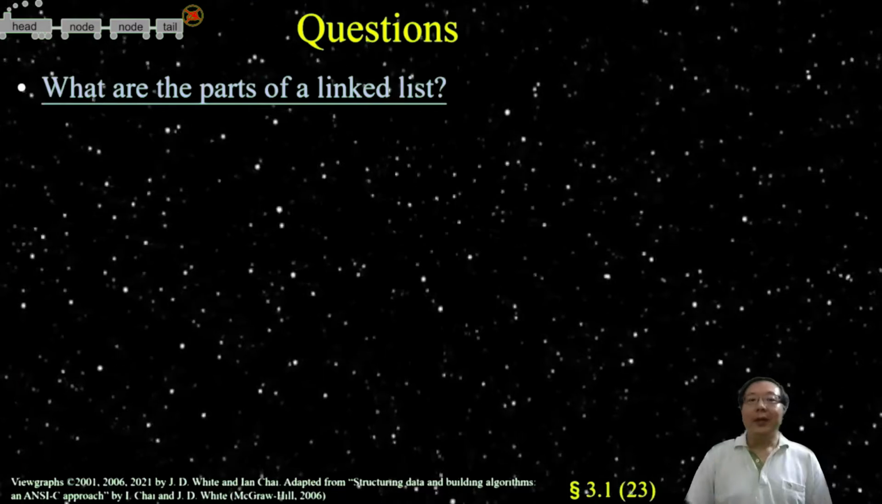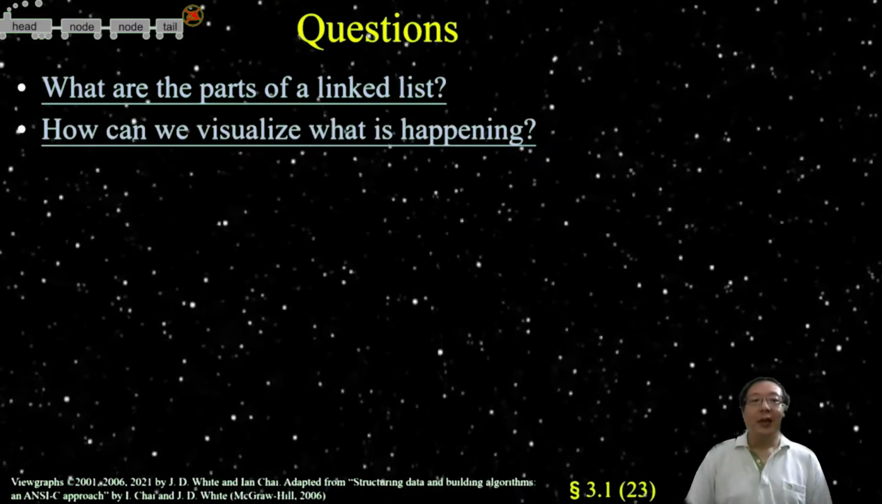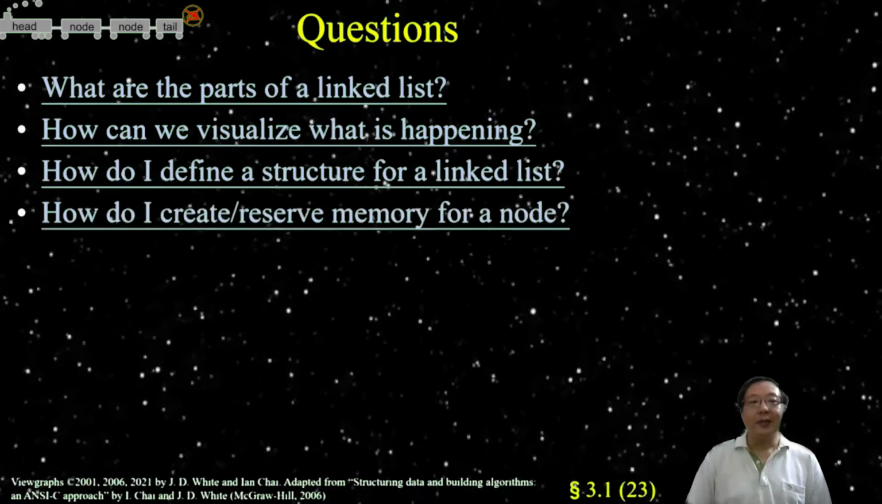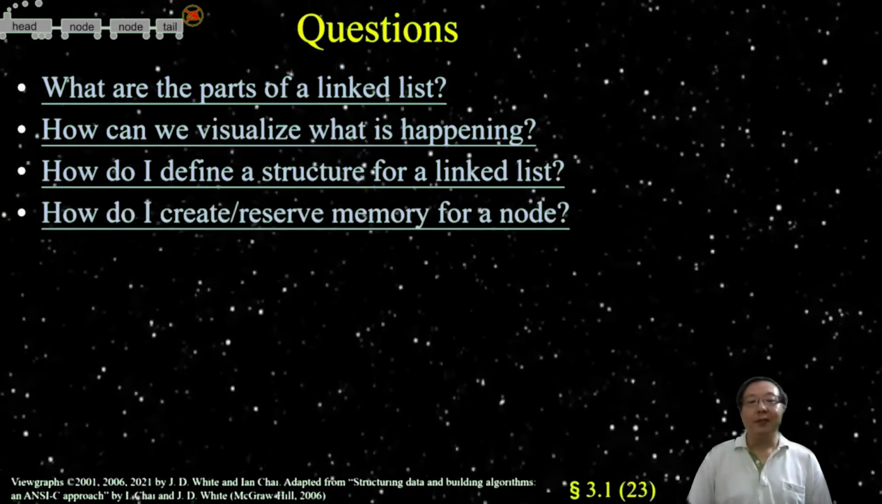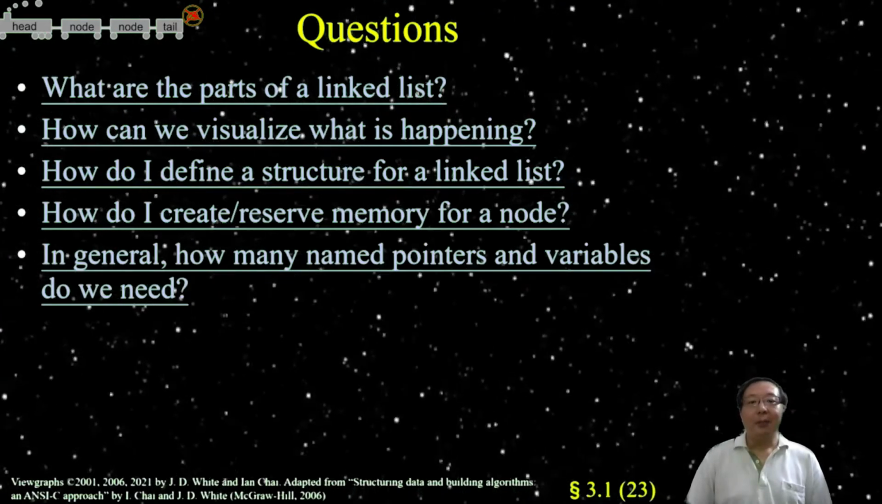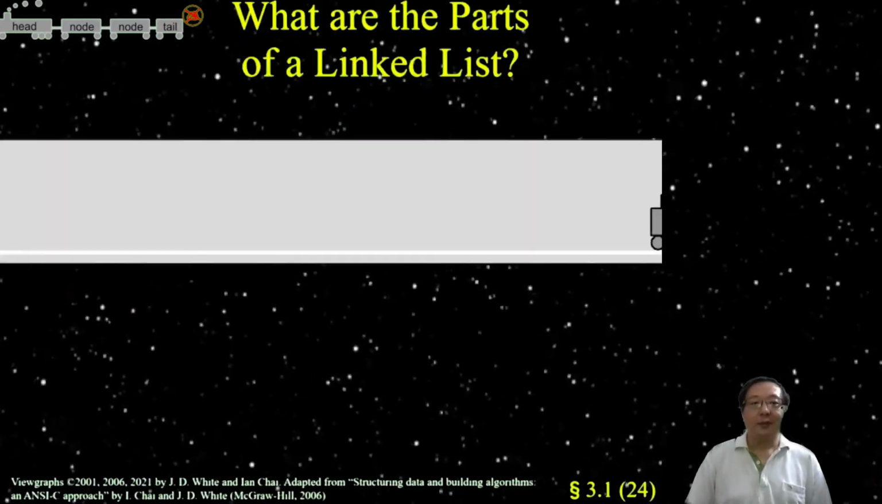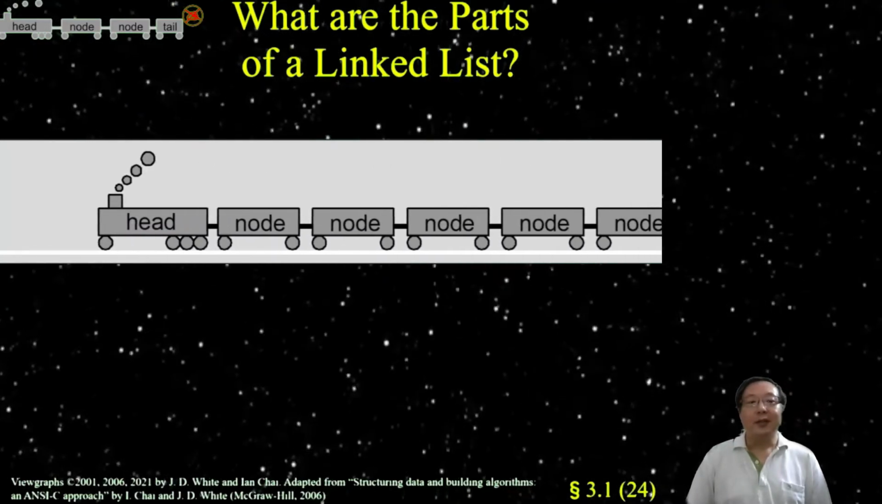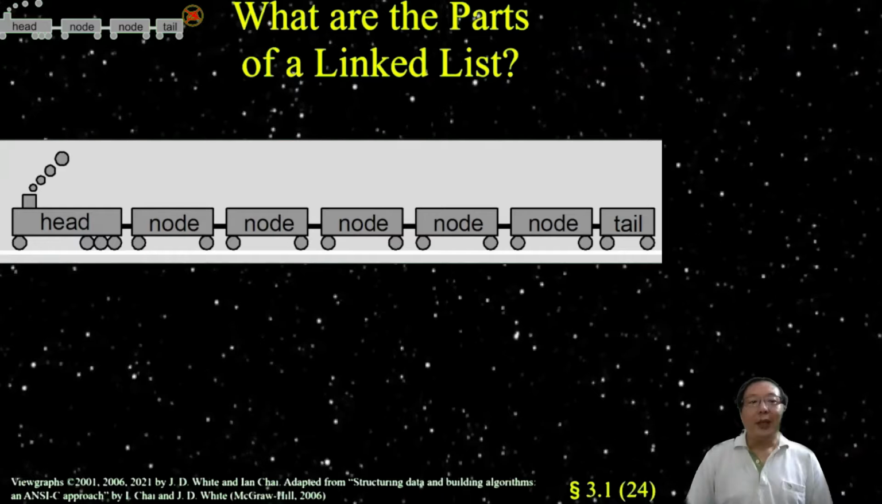So what are the parts of a linked list? How can we visualize what is happening? How do I define the structure of a linked list? How do I create or reserve memory for a node? And in general, how many name pointers and variables do we need? Okay, what are the parts of a linked list? Firstly, we have the head